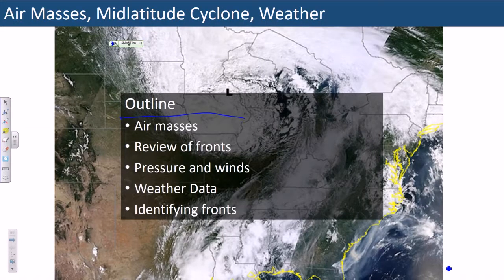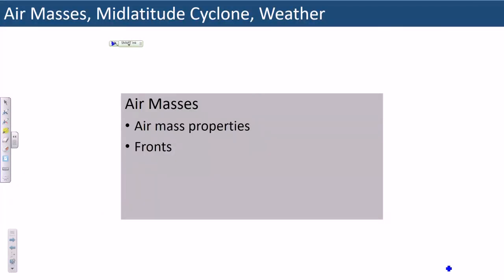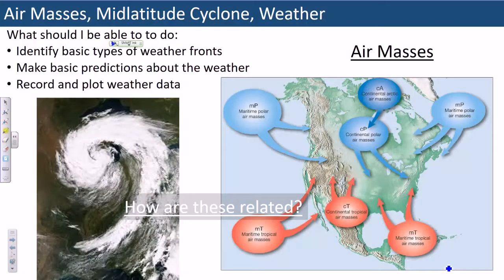review and give an overview of air masses and the kinds of fronts, and then we'll go on to talk about winds, data, and how we identify fronts from a map. All right, so air masses, air mass properties, and fronts come into play first. What should we be able to do here? Well, the